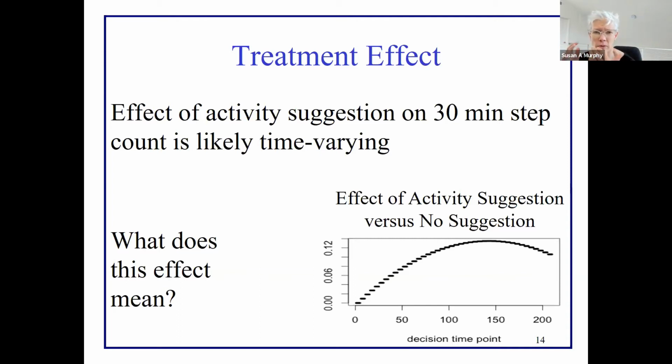So the contrast between getting a message versus not includes everyone who's there, all the sedentary people. But as time goes on, some of those people are going to really start to like the app. And they're going to start walking anyway, because they're going to build walking into their life. They're not going to be available anymore. Who is left? Who is getting randomized as the study goes on? The people who are the least reactive, the least responsive to the app.